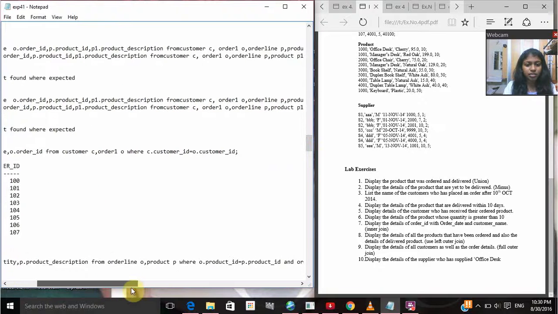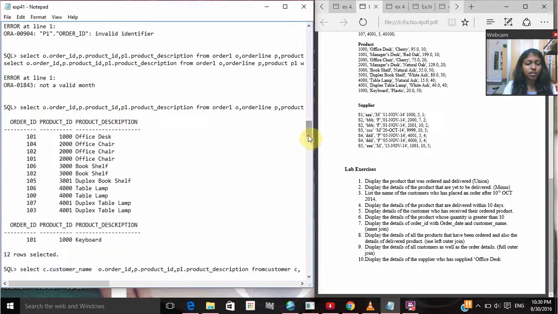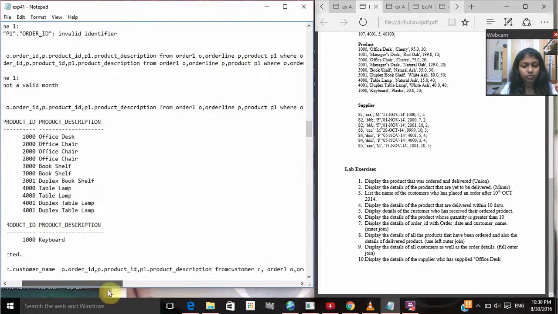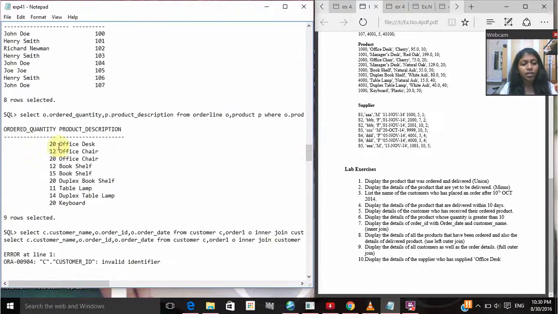As you can see here, all these orders have an order quantity greater than 10. These are the orders which are greater than 10.